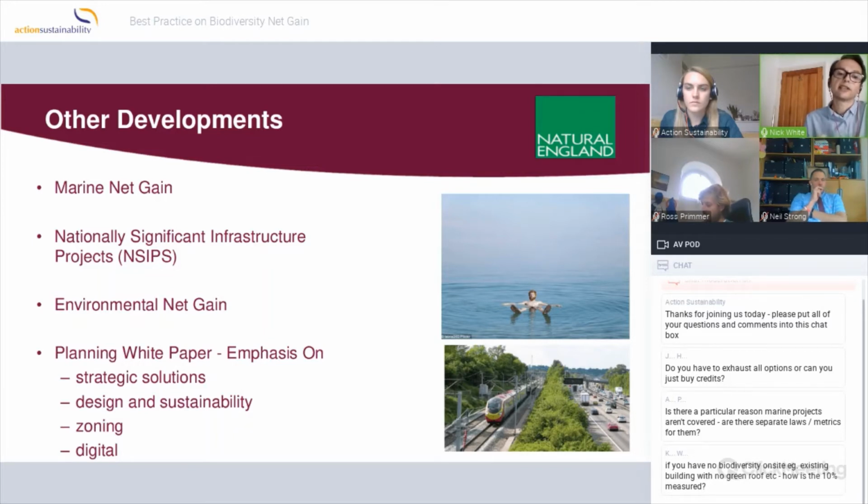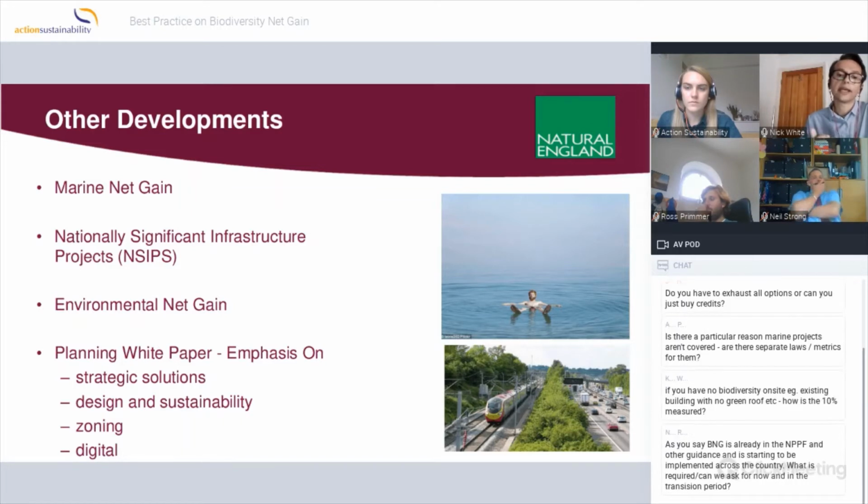Equally, although nationally significant infrastructure projects aren't covered in the Environment Bill, a number of individual operators and schemes are committing to biodiversity net gain, and we are expecting, as NPSs get updated, an increased focus on biodiversity net gain for NSIPs. The 25-year Environment Plan also emphasised that government's ambition is for environmental net gain. That remains their objective, and there's a pilot metric being developed to help move towards that, called an eco-metric, and that will be published early next year.